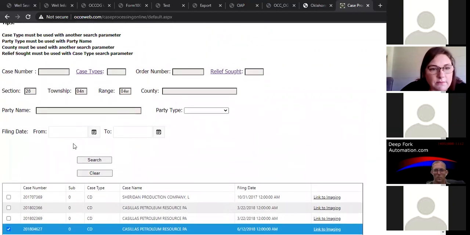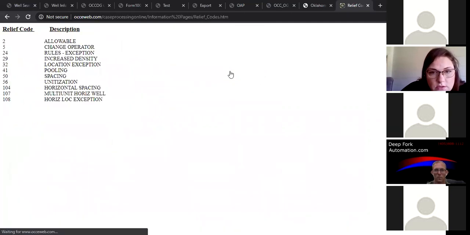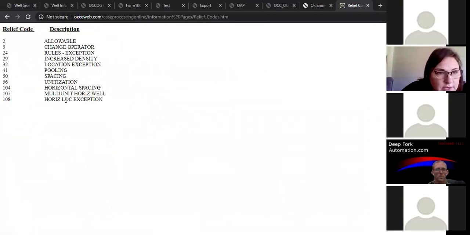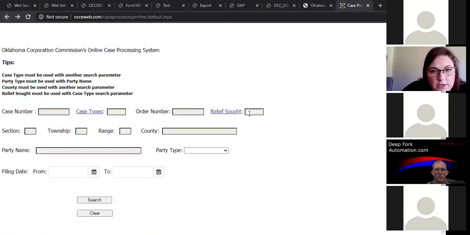Okay, let's go back up here and narrow it down to multi-unit. So 107 is our code. We're gonna put in 107, and a CD, and 28, 4 North, 4 West. Search,